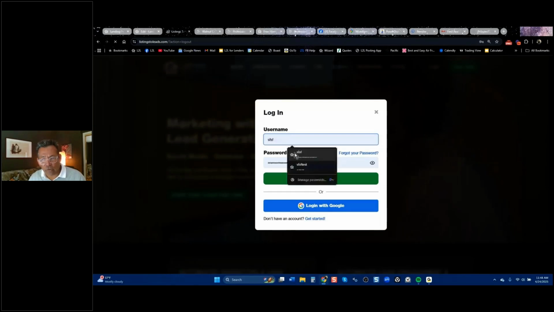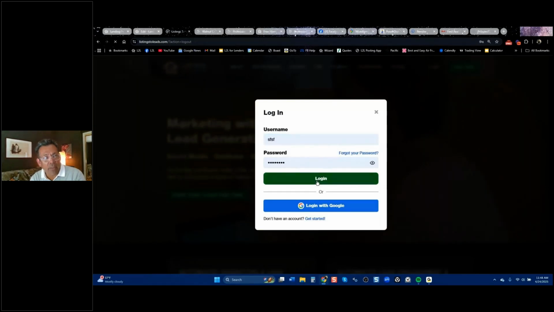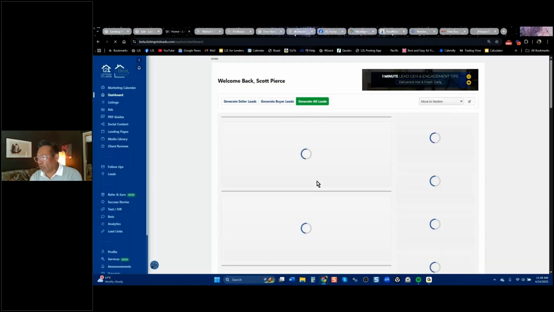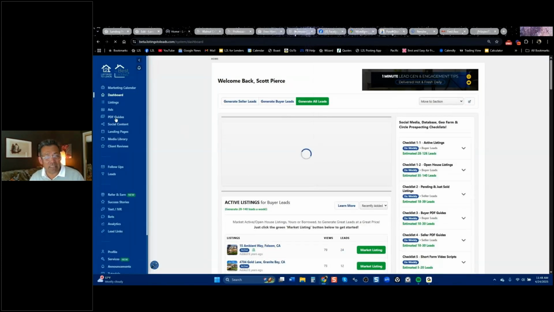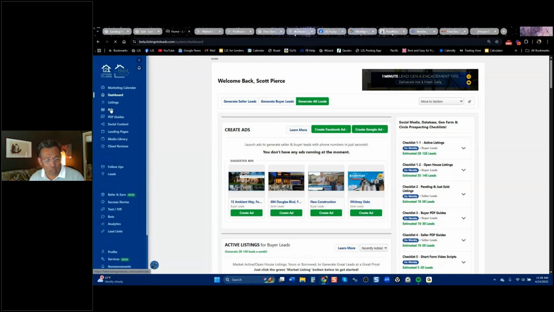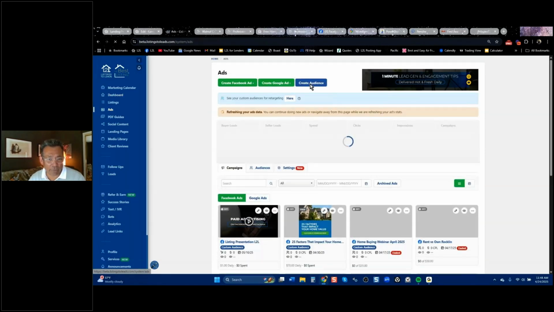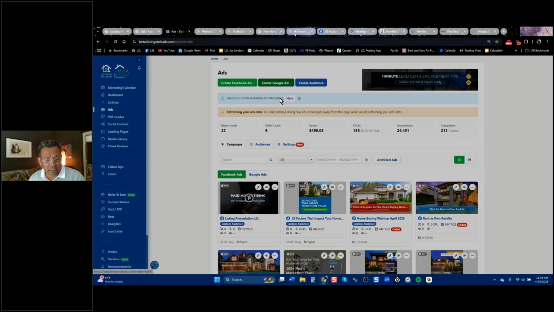The Google ad software is actually a $30 a month add-on, because it's just $30 to have the software to do it. I highly recommend this to agents who want more listings. If you've been a long-time listing agent, you already know that you need to be on Google. You may not be doing it because the offerings from companies out there are horrific and really expensive, but let's do it the way that